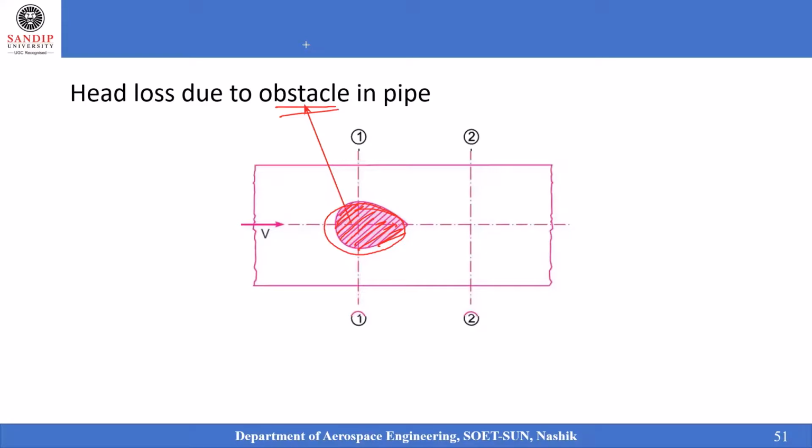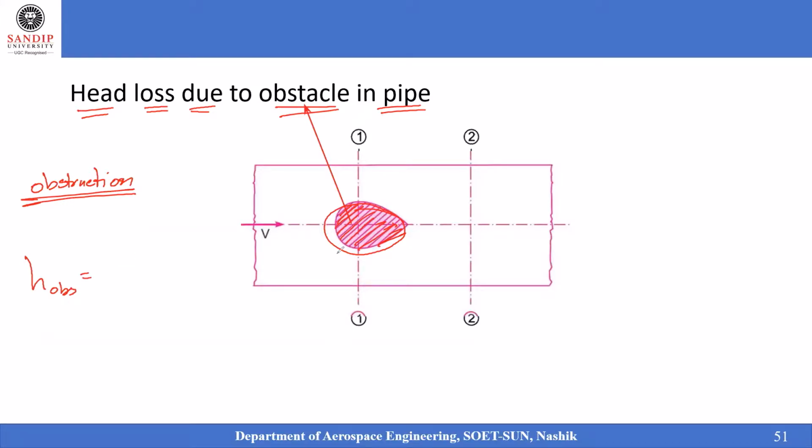Due to this also we will be getting a head loss. So in that case, the head loss due to the obstacle in the pipe, or we can say head loss due to the obstruction in the pipe, can be given as: head loss due to the obstruction or the obstacle available inside the pipe is equal to,